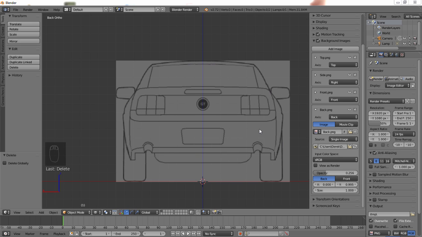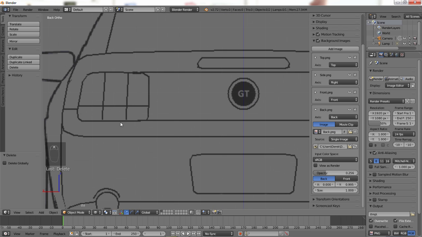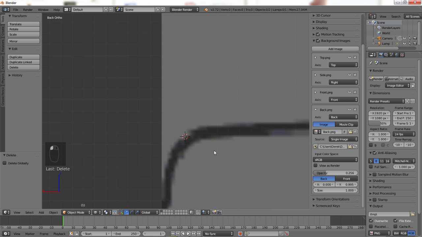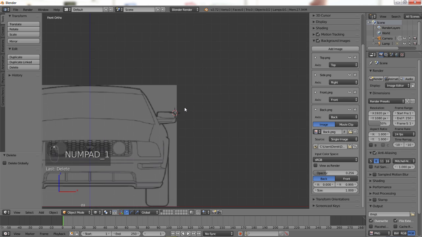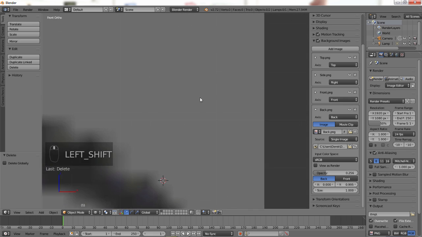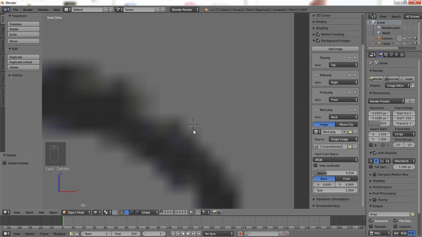Now the most important part of lining up our images, lining them up in 3D space with the 3D cursor, which you can move by left clicking if you don't know. So choose a part on your image that is available in both front and back views. A good place to start is the mirrors. I'm going to zoom in and I'm going to choose the very corner of the mirror from the back view. Now if we move to the front view, we check to make sure that it's lined up with the very corner of the mirror. As you can see, it's within a pixel or two,